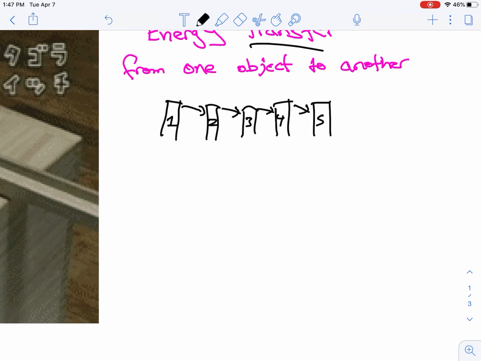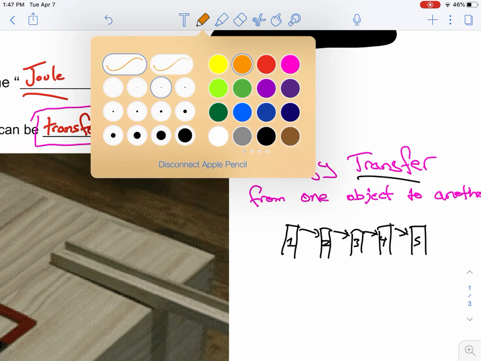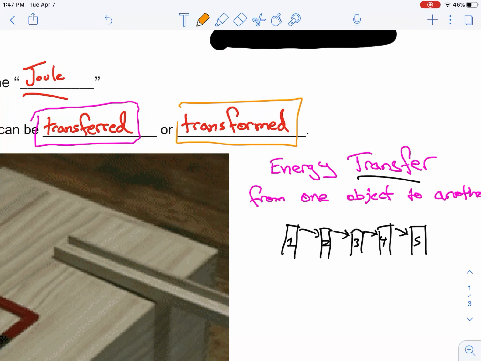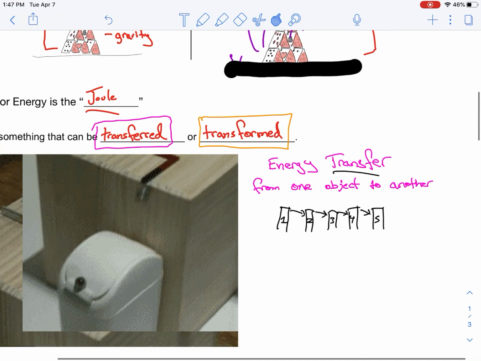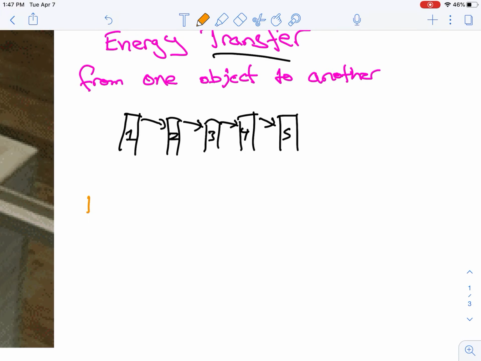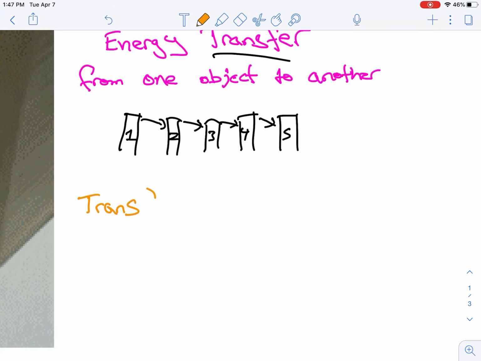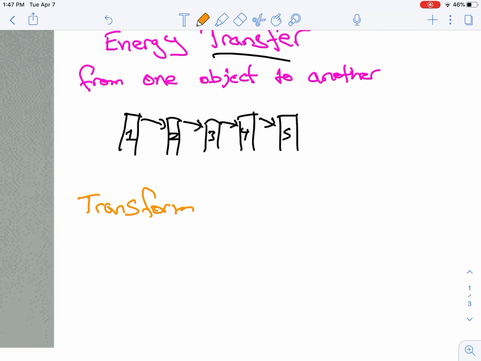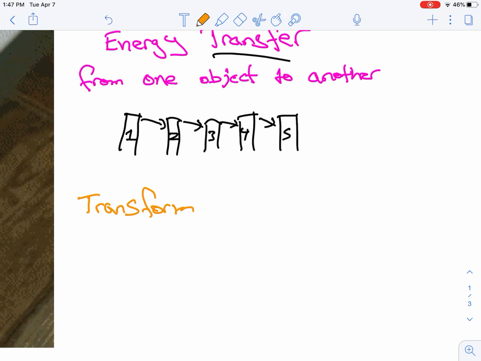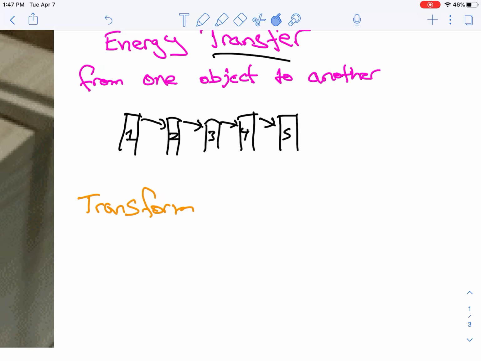Now, what is energy transformation? We'll use another color here. Let's use orange. I don't know why my voice goes up when I think of a color. So energy transformation. And transform. More than meets the eye. Okay, so transform. So anytime energy changes form,